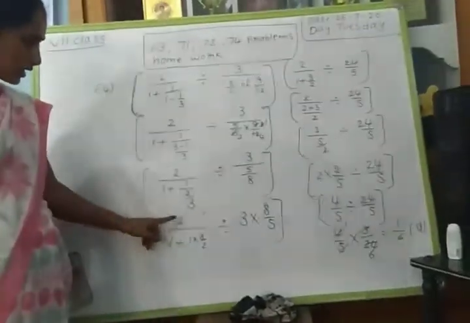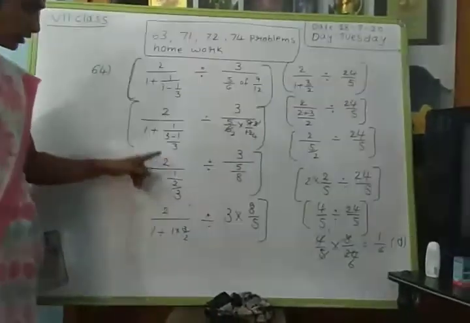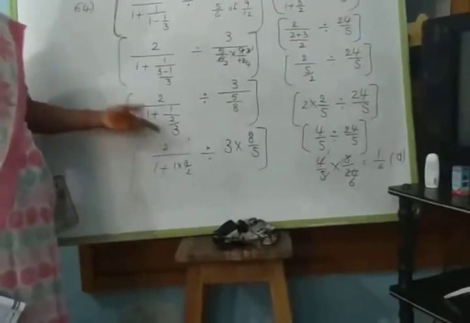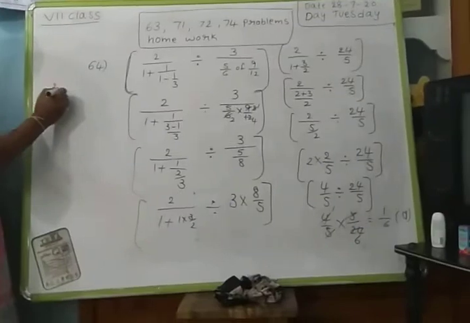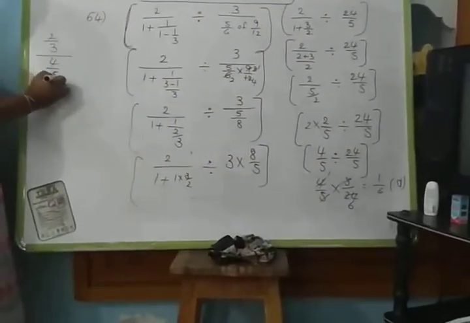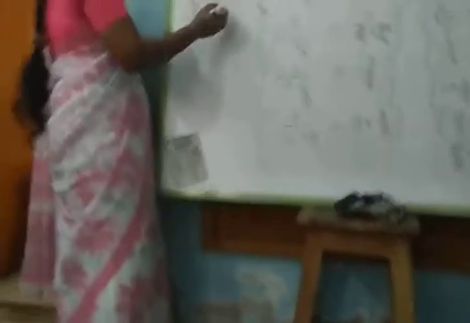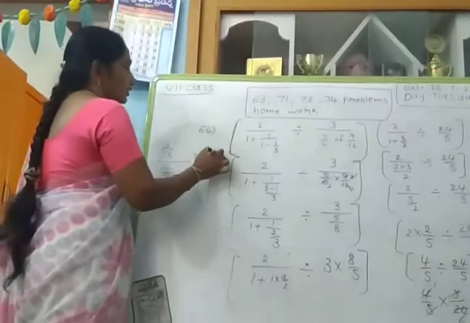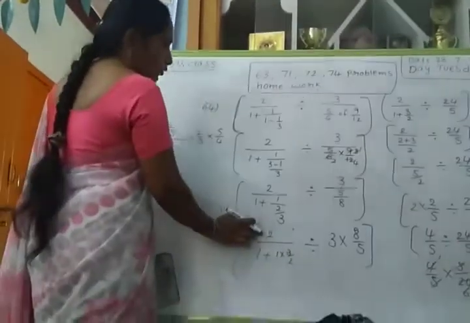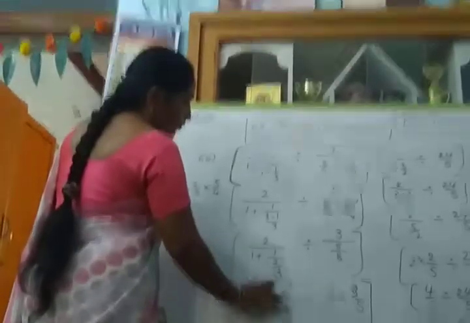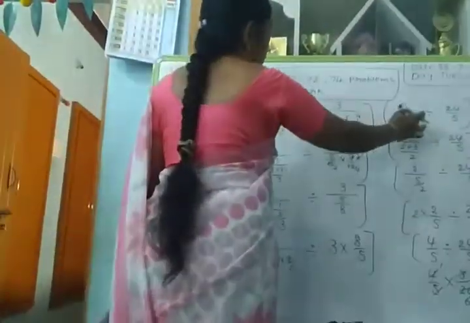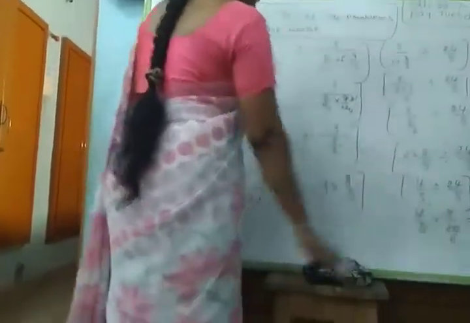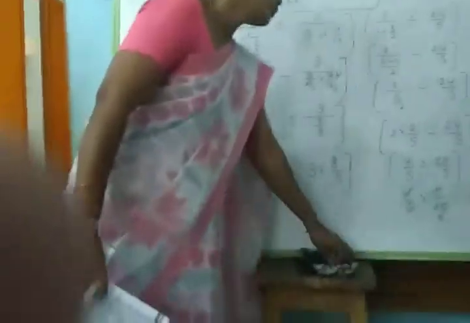So then what you will get here? 2 by 1 plus, when you are seeing 1 by a whole part in the numerator and a fraction in the denominator both, for example 2 by 3 by 4 by 5, this is called a complex fraction. For this what we have to do? Numerator fraction write as it is, denominator take reciprocal. So here also 2, 3 by 2, 2 by 3 reciprocal 3 by 2. After again plus you will get 2 plus 3, 5 by 2. So reciprocal 2 by 5. Like this you have to do. See carefully, these are new problems.